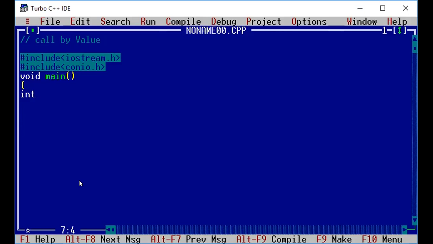So this is the basic definition for call by value. I'm going to repeat the definition: the values of actual parameters will be copied to formal parameters, and these two different parameters store values in different locations. Like suppose we are going to swap two numbers